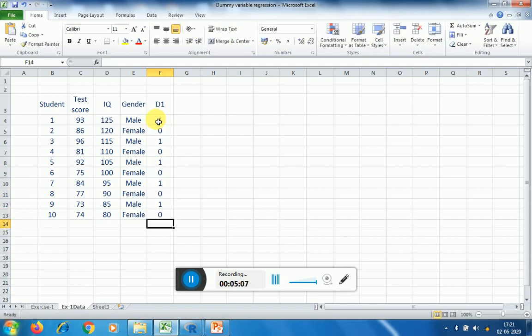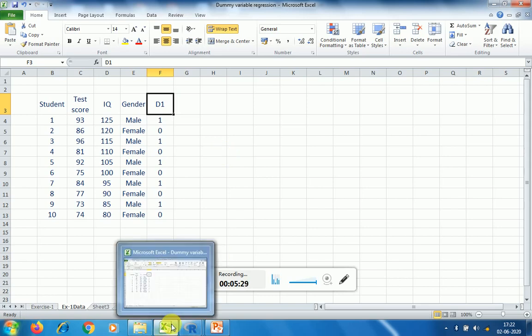So I have entered the nominal values or numbers to represent male as well as female, and I represented this by the D1 variable. Now we'll proceed.